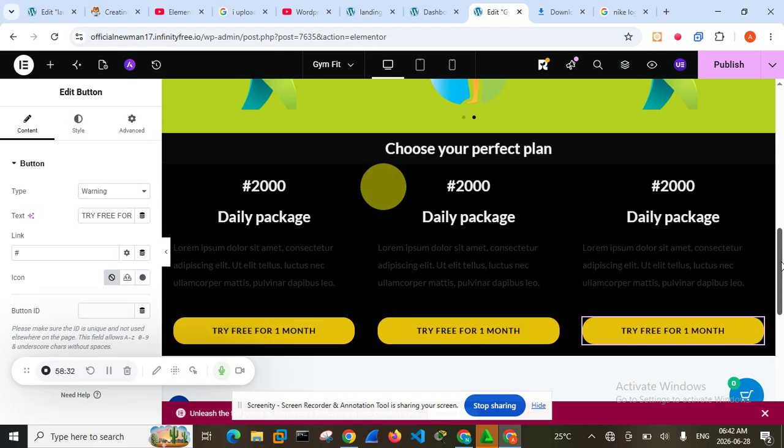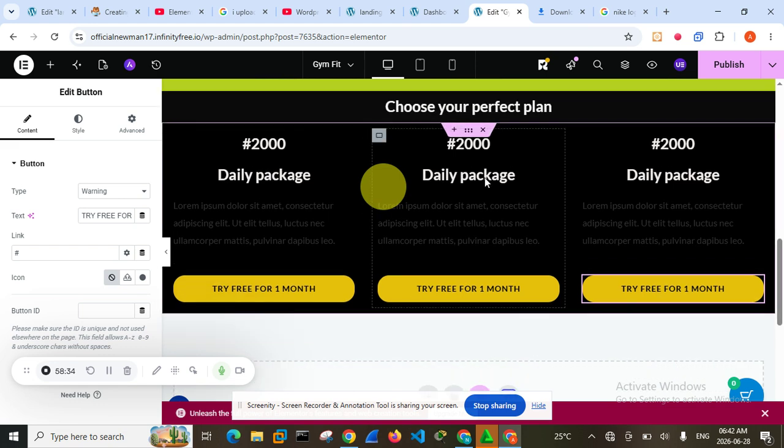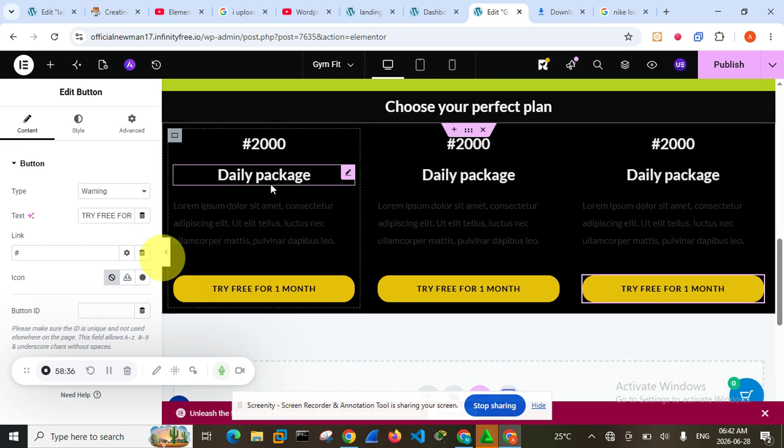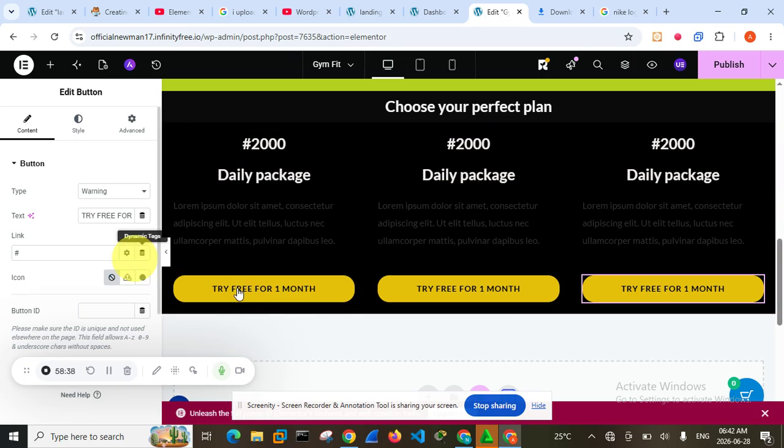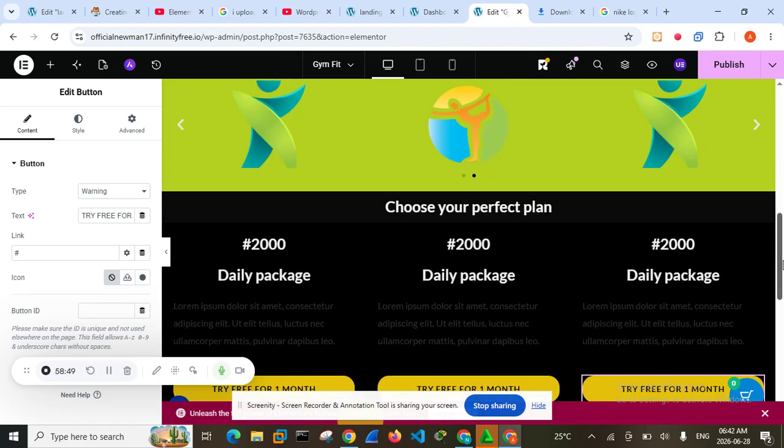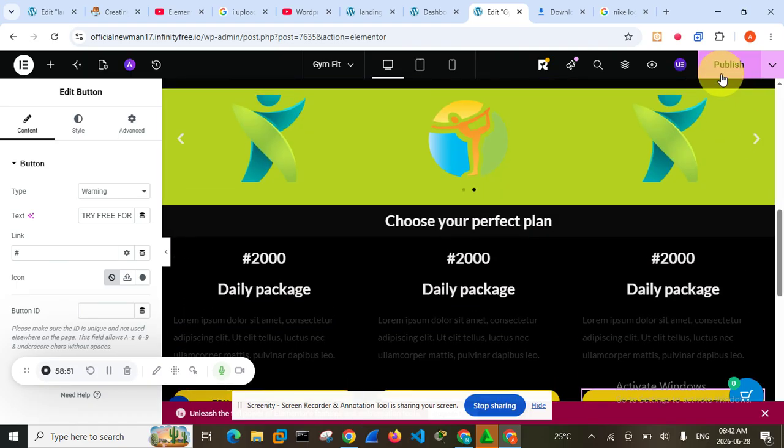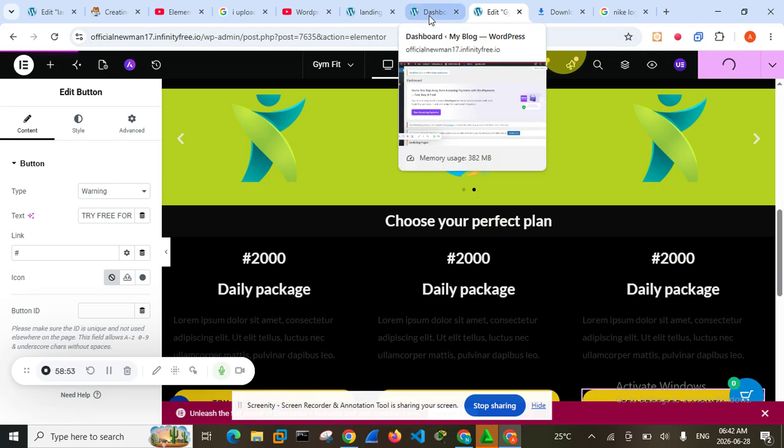Okay, so these are different packages we are going to write, with different prices. I'm just using this one so that the goal of this class is just to make sure that you understand the concept of what we are doing, right? So I'll publish my work again, and then